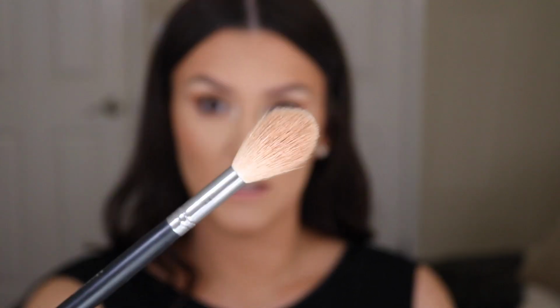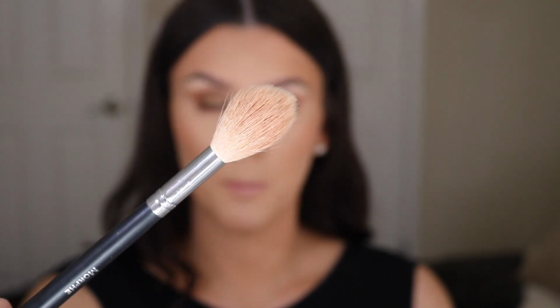So I actually didn't show this in my foundation routine video, but I have been doing this step for a very long time. I take my Essence Pure Nude highlighter. This is in the shade Be My Highlight, and my Morphe M509 brush. This is just like a really big tapered highlighting brush. It's super fluffy. It's not dense at all. So I apply this highlighter all over my face, and it just really helps my skin to look like naturally